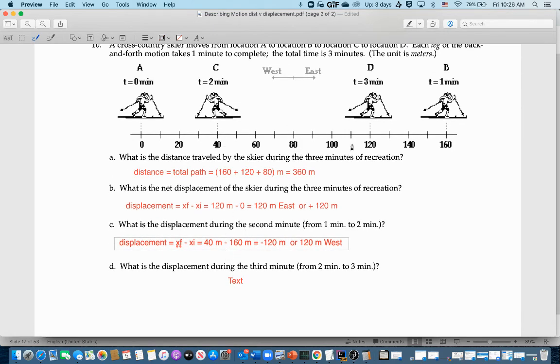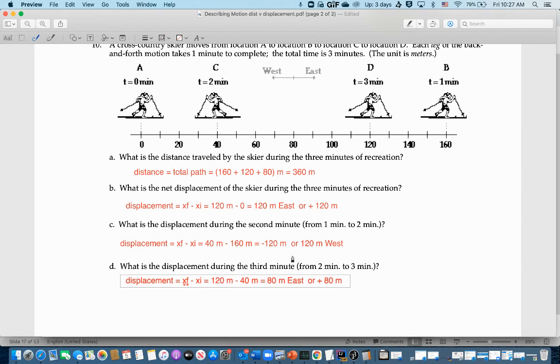Last one. Well, what's the displacement from 2 to 3 right here? Okay. The displacement between these two, I'd use my same equation here, is equal to x final minus x initial. So my x final, for the last one, is 120. So I have 120 meters minus, and then it started right here at 40 meters. Okay, so that's 40 meters right here. So 120 minus 40 gives me 80 meters east, or I could just say plus 80 meters right there. Okay, and then that's my last one. Okay, so hopefully this is